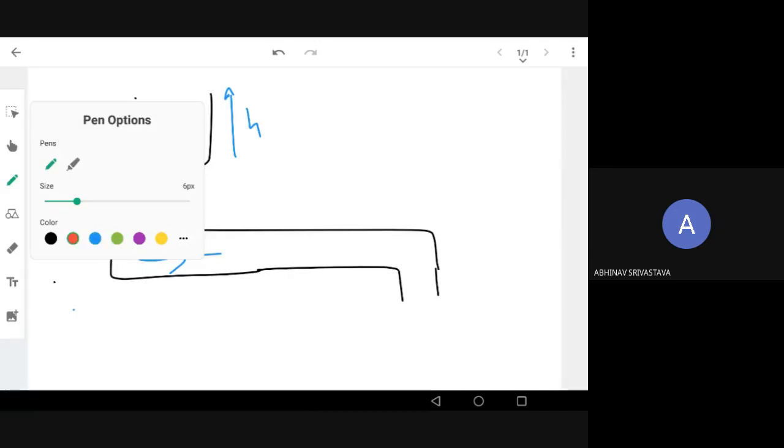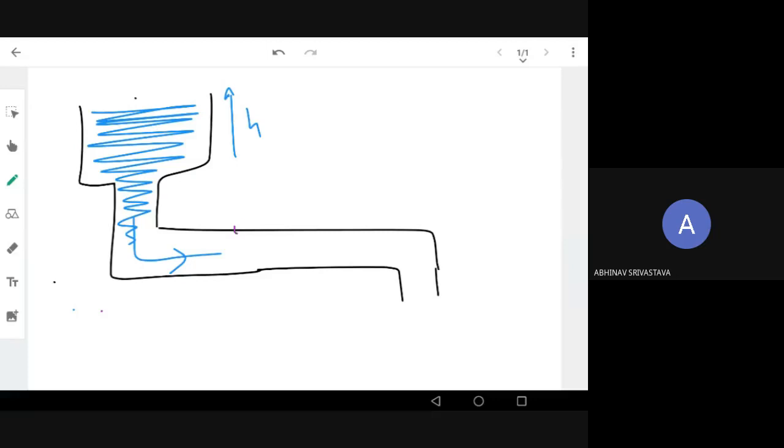Now if I keep a diode here, the diode is like a unidirectional valve. So this is the valve I am discussing. So this is the diode. What is the diode doing here? Now this is acting as a unidirectional valve. So how does it work?